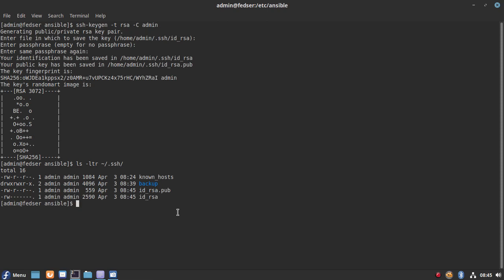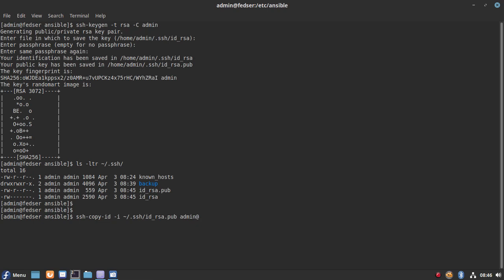Now what we need to do is copy the public key onto the remote node. So let's use ssh-copy-id -i with the input file, the public key which we want to copy. It is in the home directory .ssh folder, id_rsa.pub.